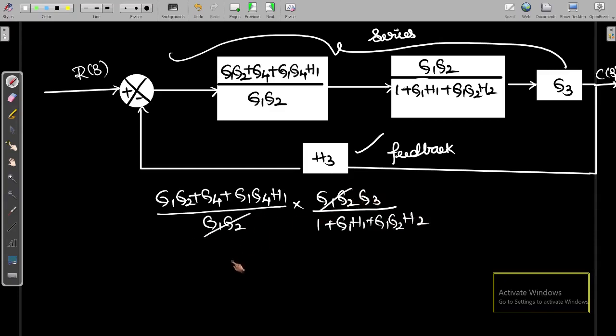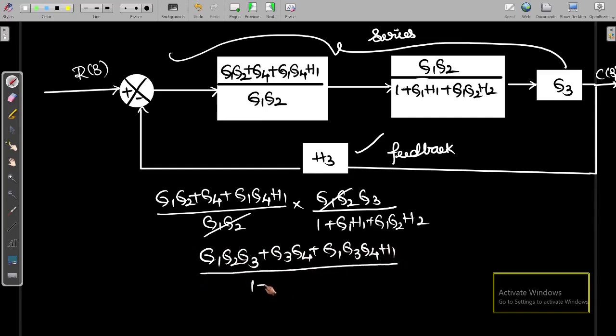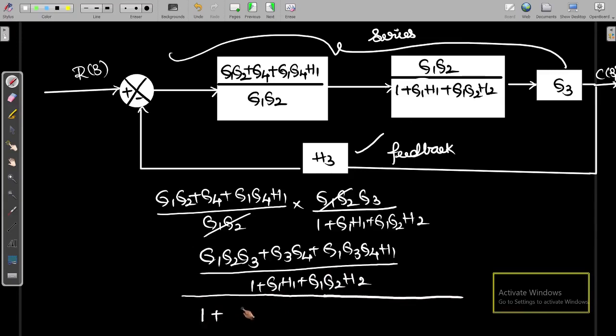So here we are going to get G1 G2 G3 plus G3. So this feedback with the H3, so 1 plus